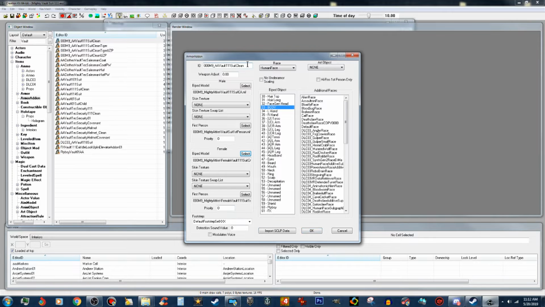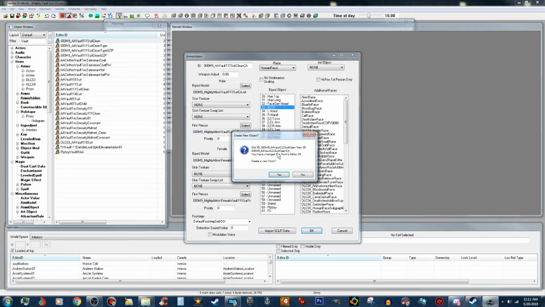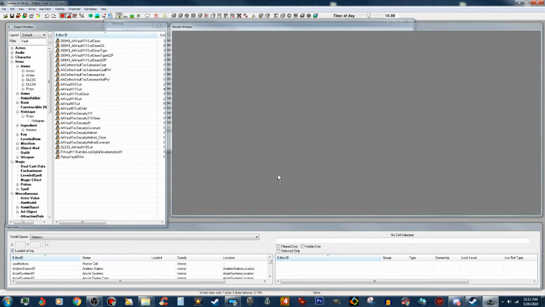We've got to remember to change the ID. So we're going to use Vault Suit Clean CA for this one, and we're going to push OK. And it's going to ask you if you want to create a new object. Yes, you do. Now, I have two different vault suits in my Mighty